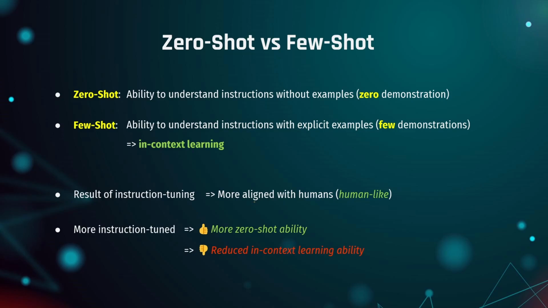A particular situation OpenAI mentions as alignment tax, okay? Which means to increase the model's zero shot ability, to make the model more aligned to human behavior, we have to trade off the model's in context learning ability. Okay,